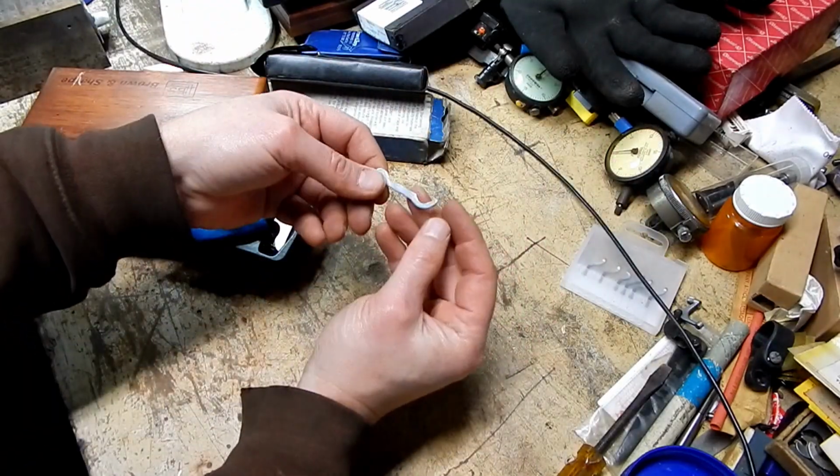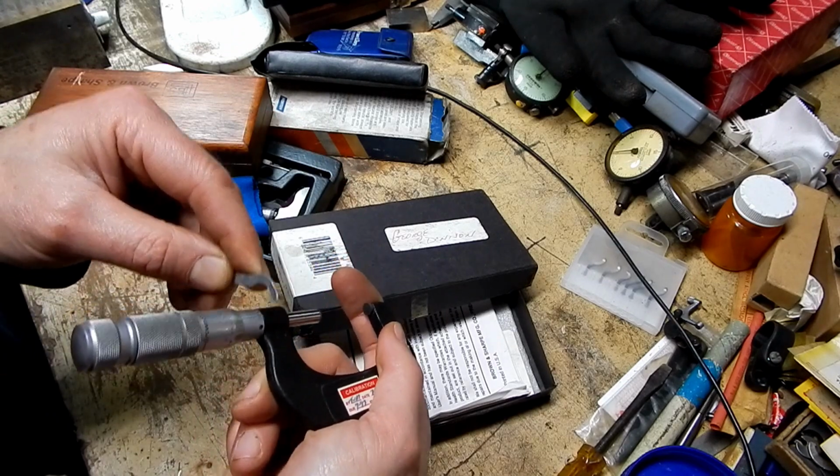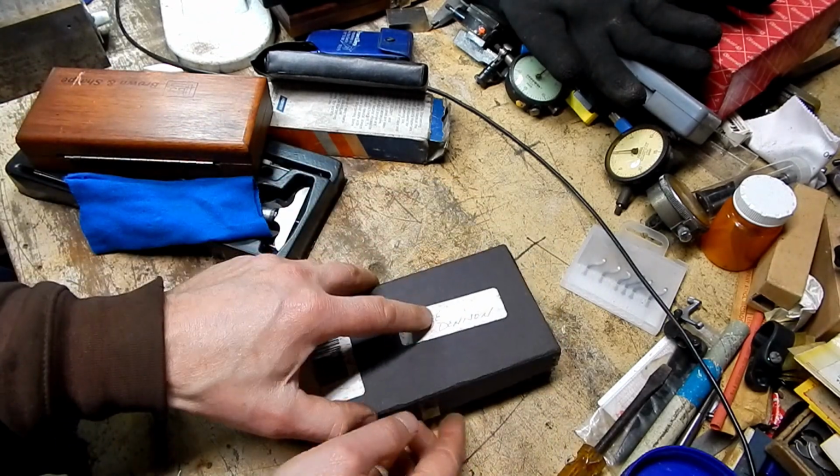Oh, I wonder if this micrometer wrench goes to that. A little bit different shaped one. Oh yeah, that looks like a perfect fit for this micrometer. All right, next